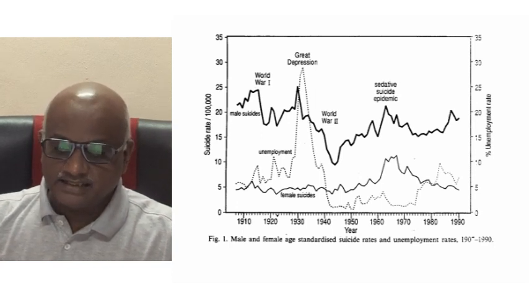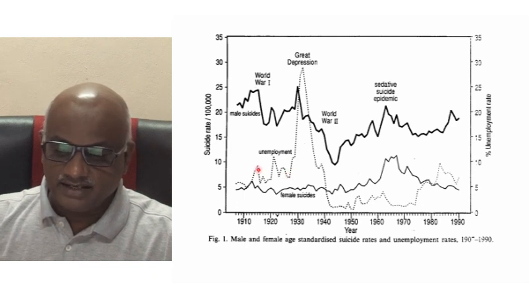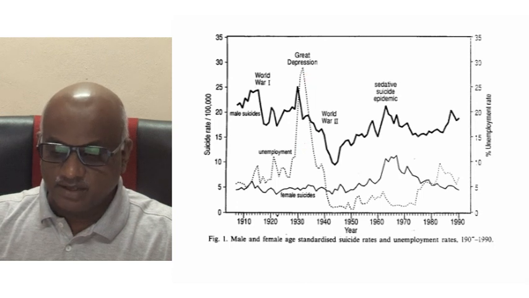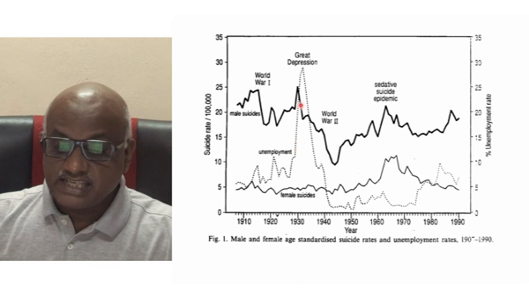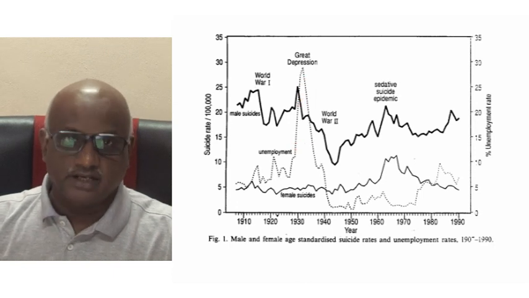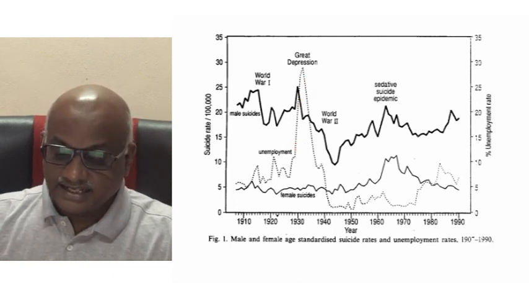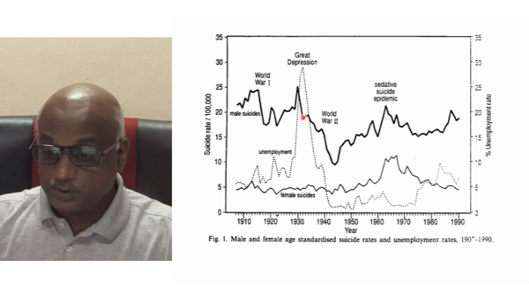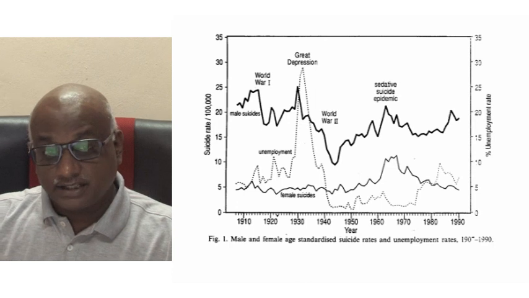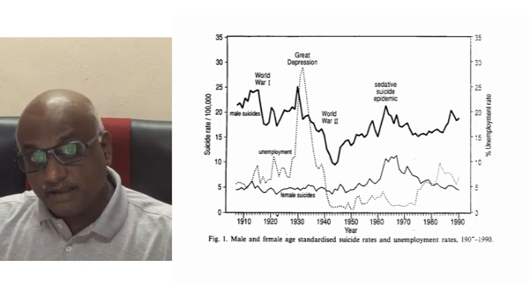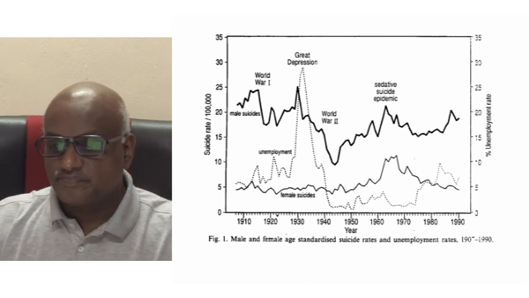And then again, the employment. You can see this interrupted line indicates unemployment rates during economic depression. So in the 1930s, there was a big economic depression in the United States, and that actually brought down the suicide rate very steeply. So that's another big factor that can play a very important role in suicides.